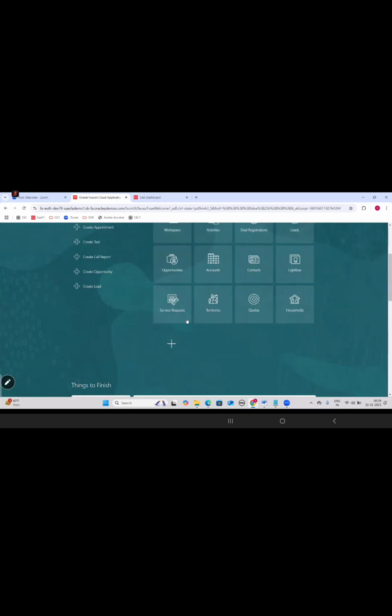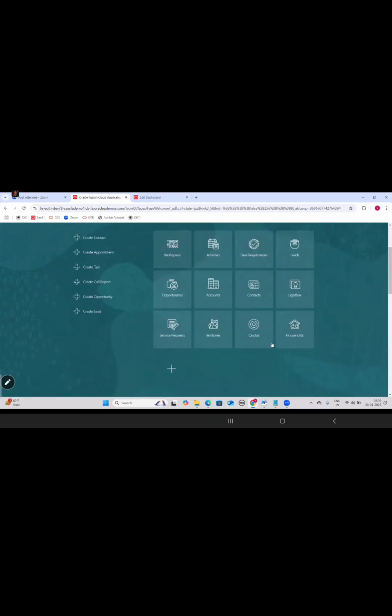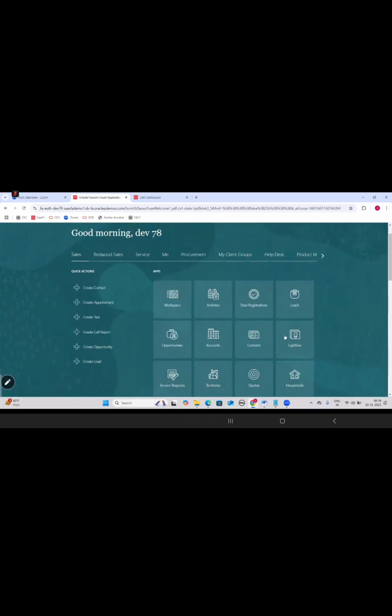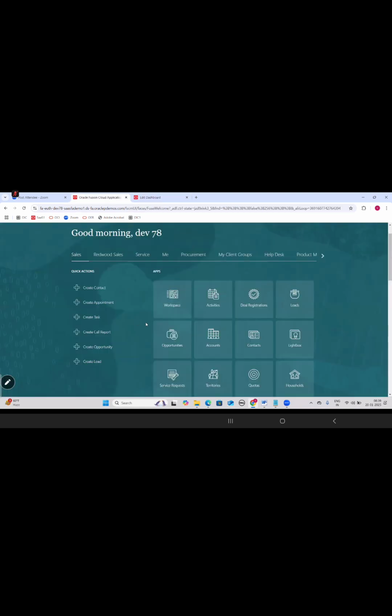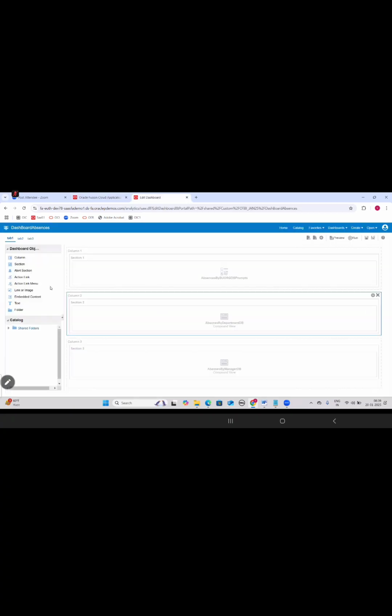So for that, we are going to have one dashboard page here. In that, we are going to map our dashboard to the home page. That means when the end user presses that icon, this dashboard will be opened. For that,